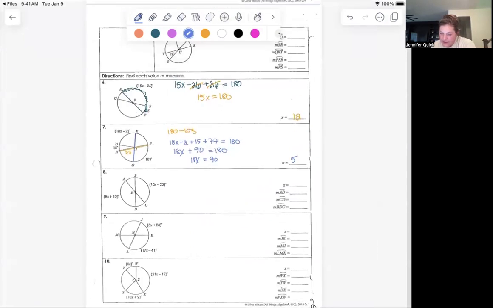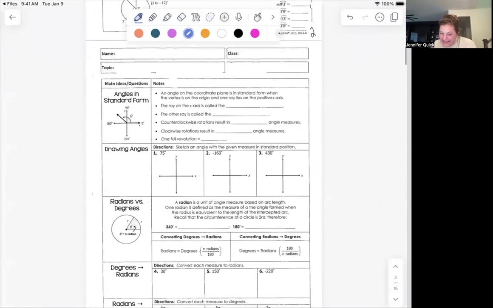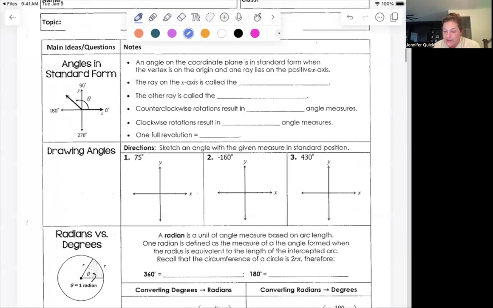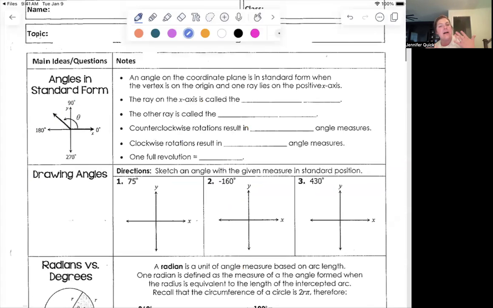Awesome. I feel like you could do a million of those. All right. Next are the angles in standard form. So now what we're going to do is take this idea of a central angle and put it on an X and Y coordinate. Okay, so an angle on the coordinate plane in standard form has its vertex on the origin